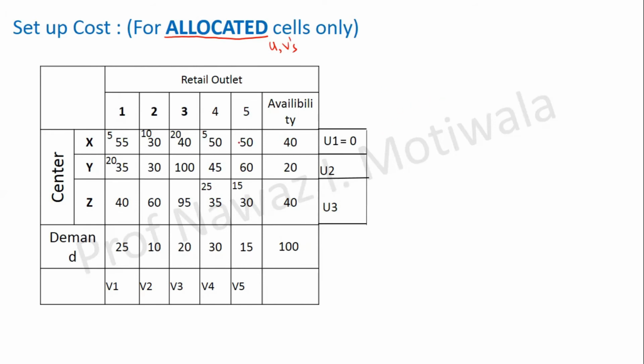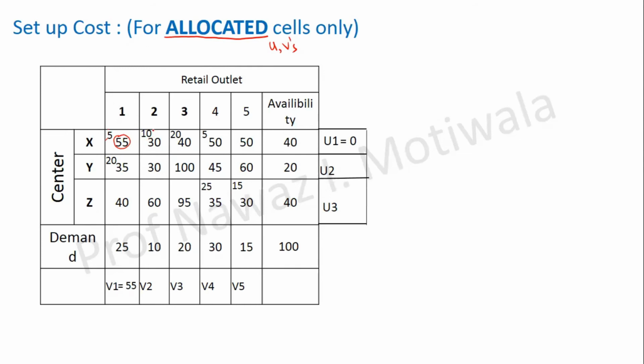Now we will not go by the equation method. I will just go by the shortcut method. Now just see for this one. This is the allocated cell, correct? This first one. Just observe this. This is the allocated cell. This 5. And the amount here is 55. U1 plus V1 should give you the cost at that particular place. So out of which U1 is already 0. So what can I write about V1? 55. 55. Simple. So here I will write 55. This is over.